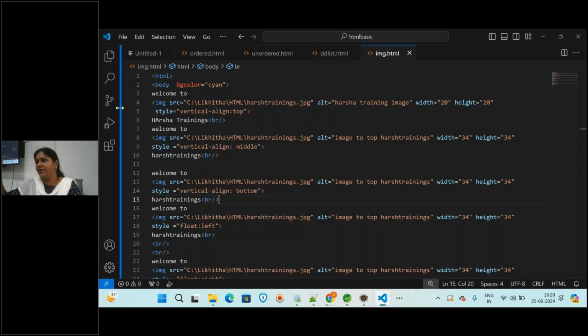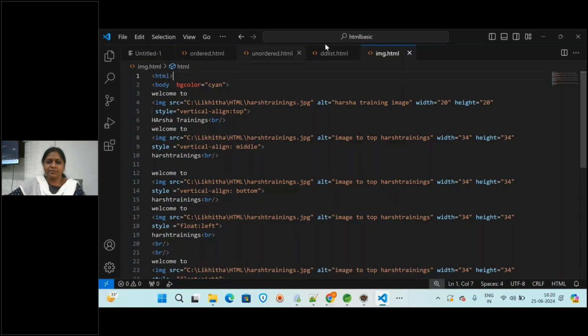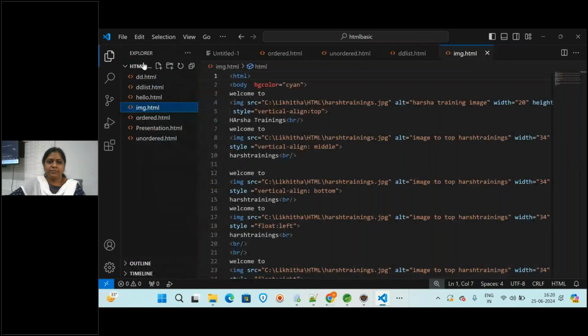Sometimes you will see different colors for different text in the web page. So how we can apply that? So for that we have to create one more file, I'm writing style.html.